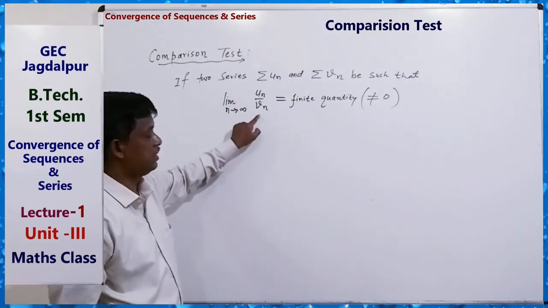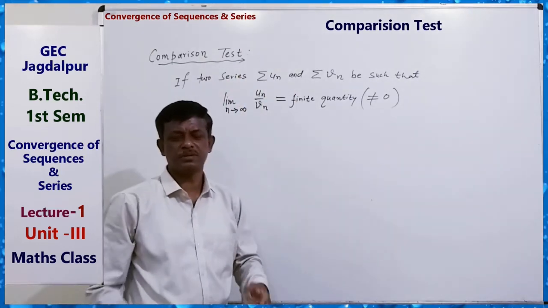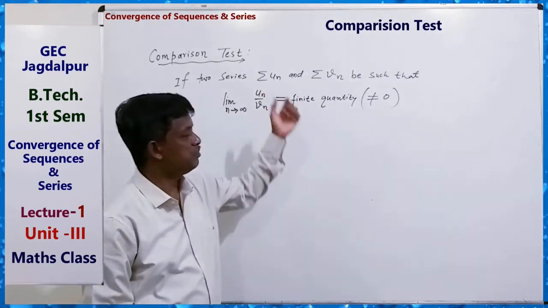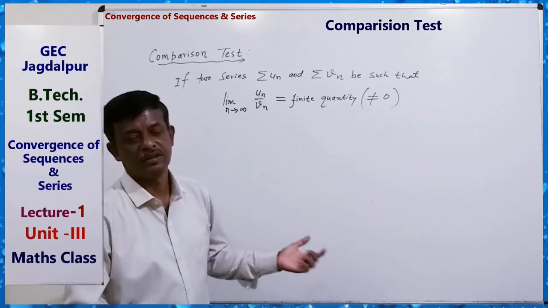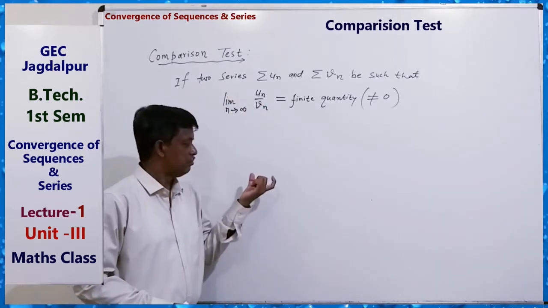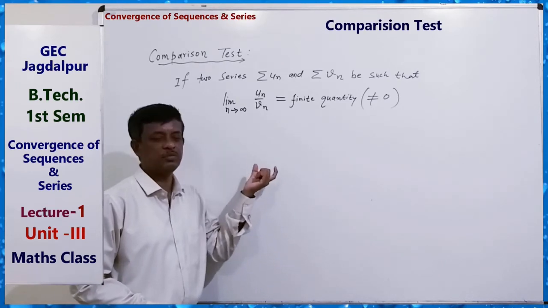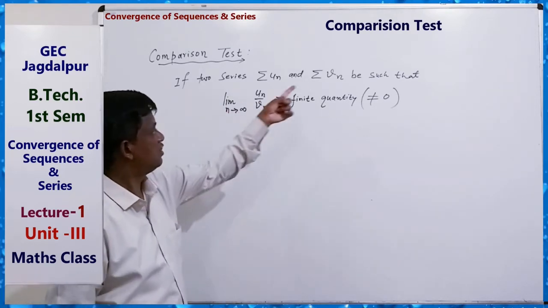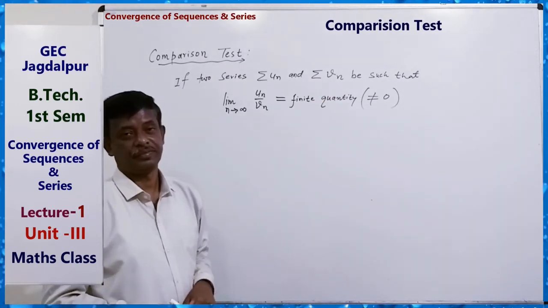If Un by Vn, if two series are positive term series also. Positive term series means some of the terms, a finite number of terms, may be negative and the remaining terms are positive. After neglecting some finite number of terms, all the terms are positive. That is called a positive term series. If the series are positive term series and have this, then